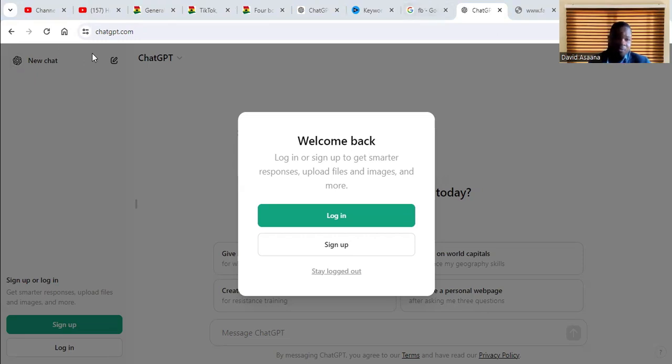So as you can see, if you go to chatgpt.com, it will bring you to the login interface where you'll be asked to log in or sign up. Now, to sign up, that is for those who don't have an account. If you want to sign up for an account, you just click on sign up and then you'll be directed to put your phone number, your email, then you create an account and you'll be able to